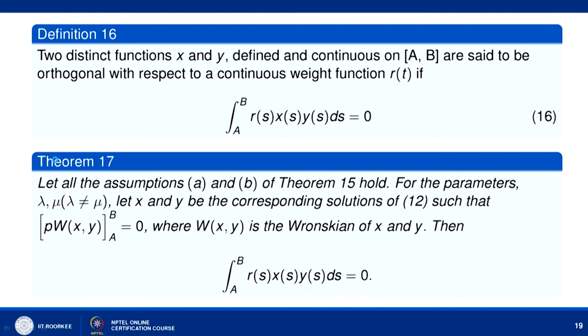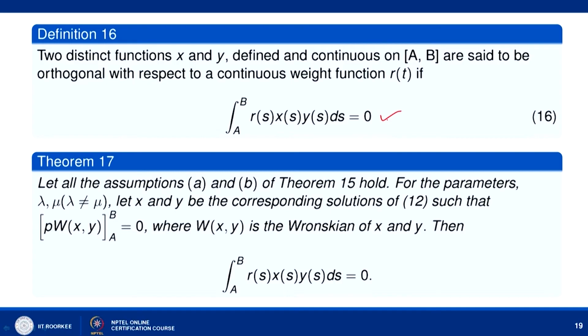So, two distinct functions x and y defined and continuous on this closed interval [a, b] are said to be orthogonal with respect to a continuous weight function r(t) if the integral from a to b of r(s) x(s) y(s) ds is equal to 0. So, when this condition holds, we say that x and y are orthogonal to each other